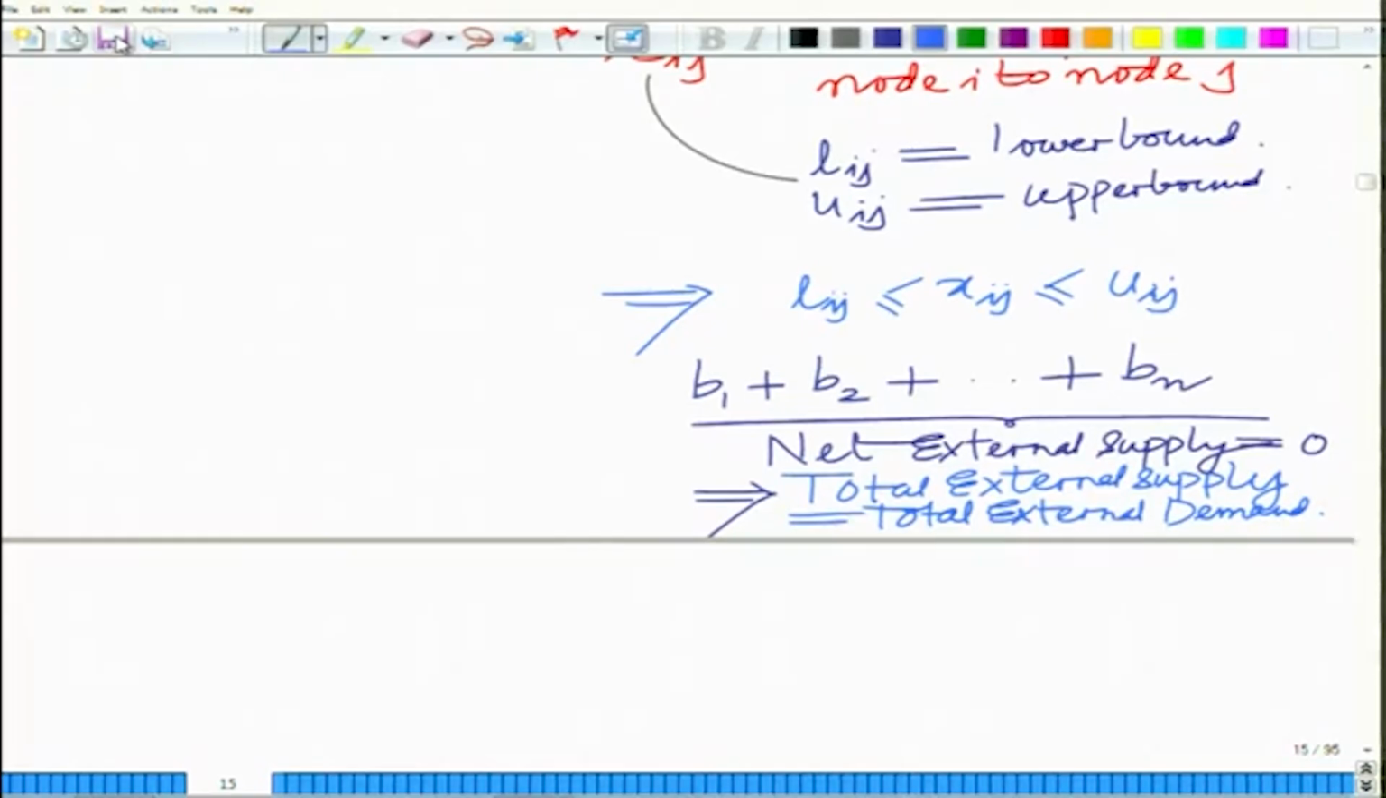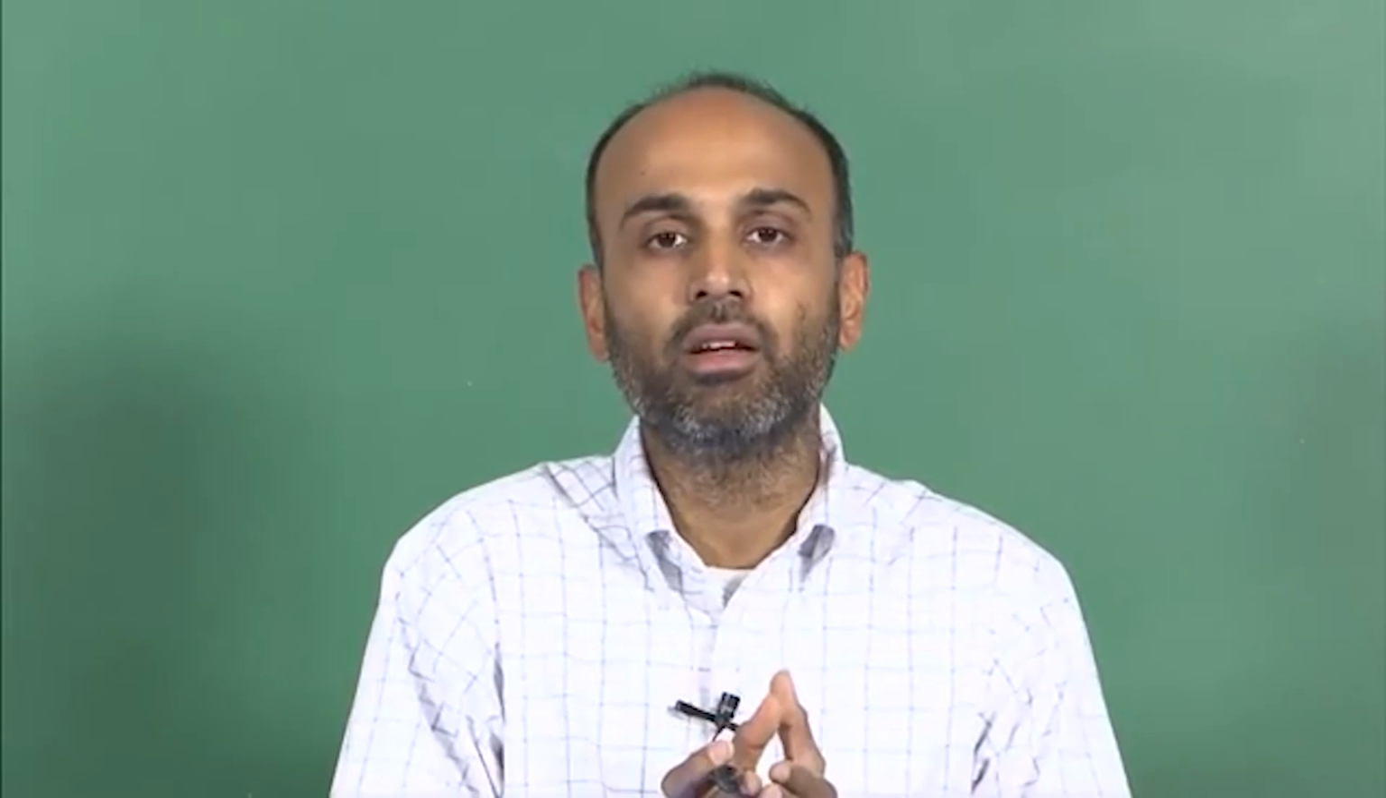So, it just means that commodities are entering, and whatever commodities are entering at the various hubs are eventually leaving the network at possibly the same or different hubs. That depends on the flow. So, the net external supply, that is, if you look at B1, B2, Bn, some of the Bi's are positive, some of the Bi's are negative, because at some point we have supply entering, at some point we have the supply leaving. But the net external supply must be 0, which means the total external supply equals the